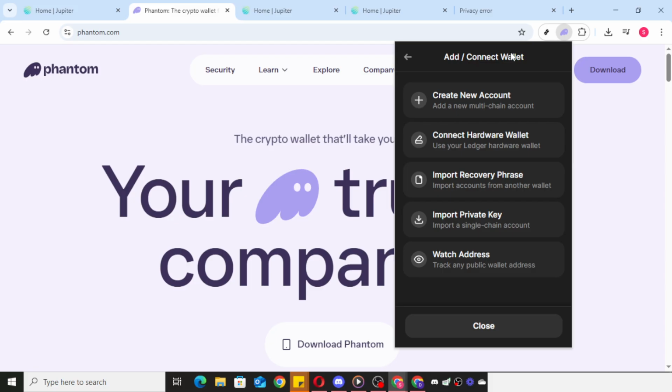When you click to create a new account, you'll be prompted to enter a name for it. This step is more than just a formality. It's important as it helps distinguish between